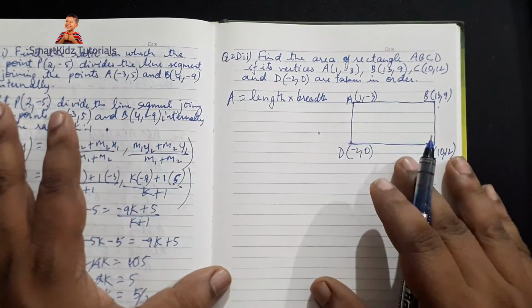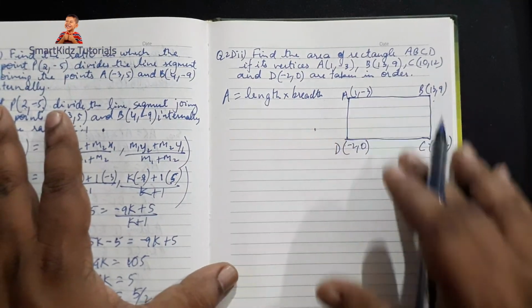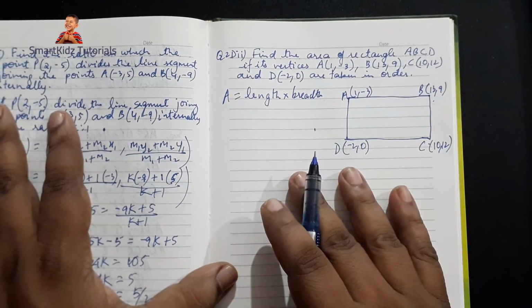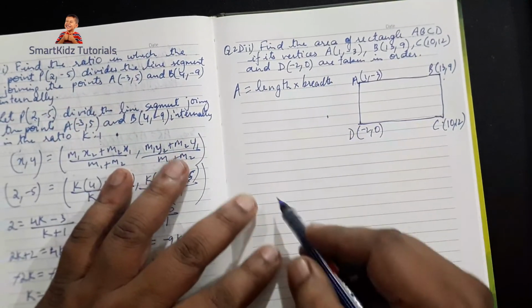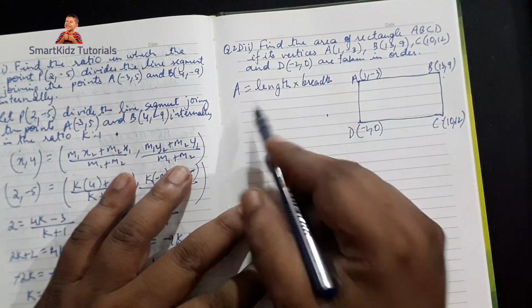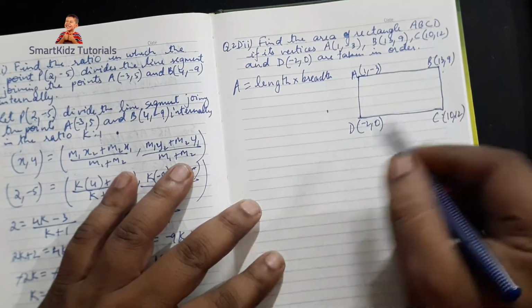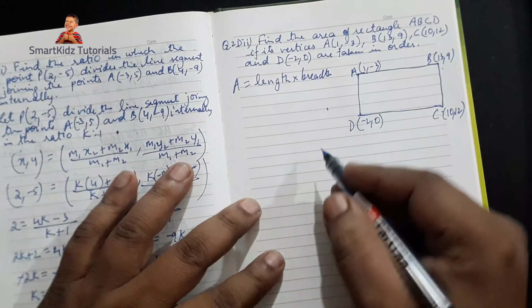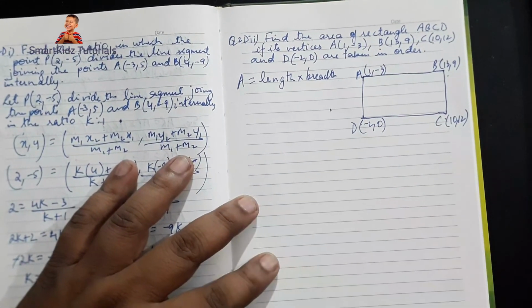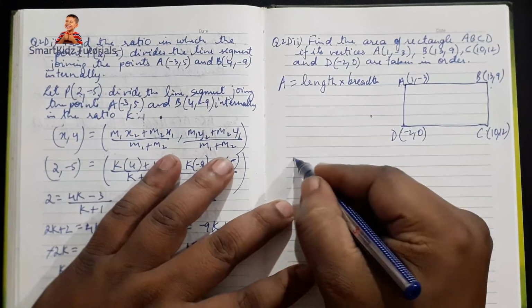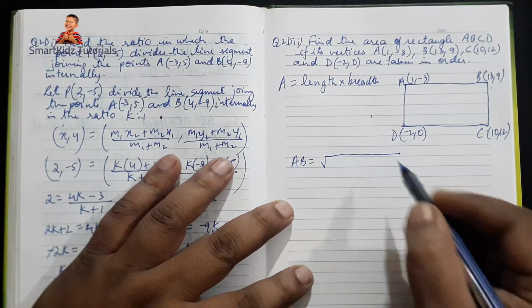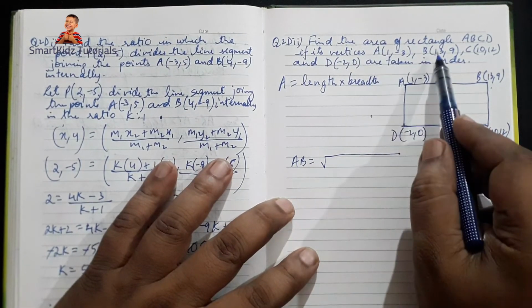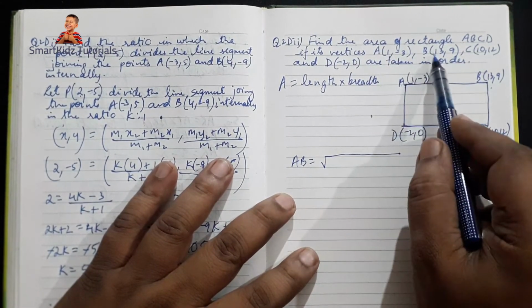There are other ways also to find the area of a rectangle, but in this video we are going to just use the length and breadth formula. Next, we find the distance AB. This is for 2 marks, so I'm not going to write too much over here. So AB equals, with A and B being x1, y1, x2, y2,